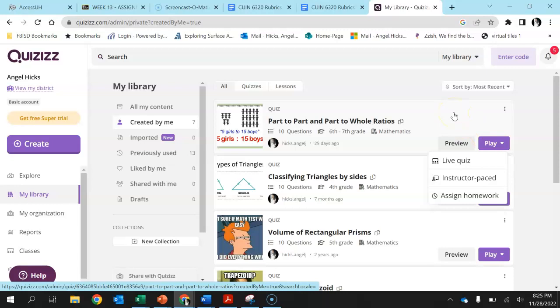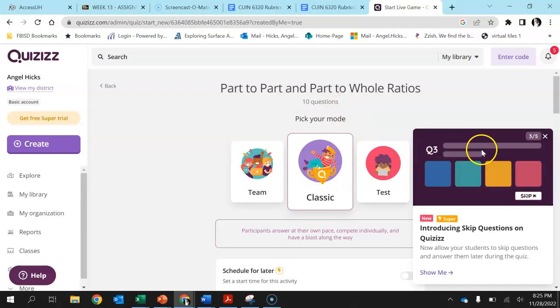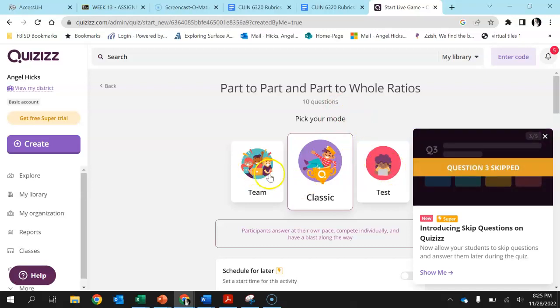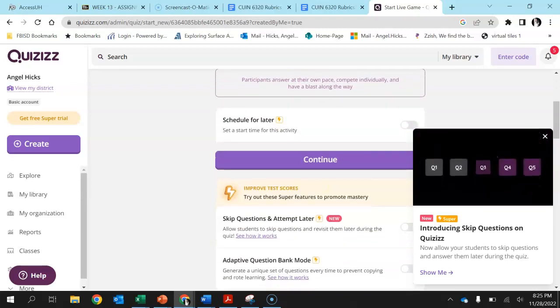Now, there are three different ways that you could play this quiz. You can play a live quiz, you can play an instructor-paced quiz, or if you would like for the students to perform or work individually, you can put assign as a homework. Now, if you press live quiz, you have the option to do classic or set it up as a test or as a team. You also have the options